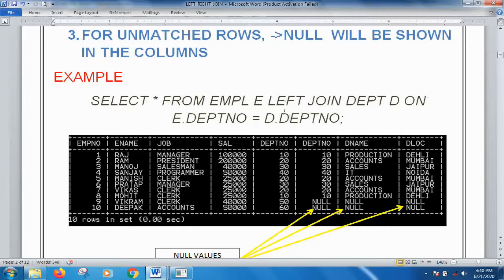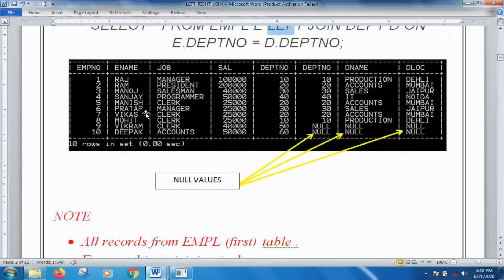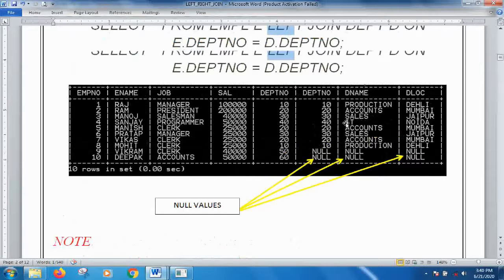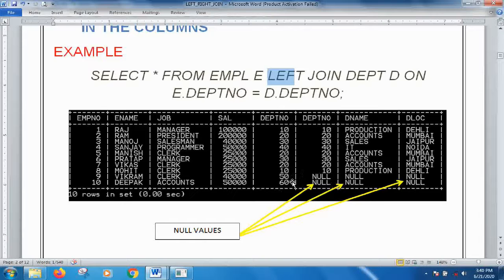Just put the word left in between and join, and then see how the results will appear. You see all the records from table 1 will come in the output, and for those which get the join, the values are shown from the department table. But for those where there is no joining, for example departments 50 and 60 are not in the department table, it is not available, and for that it is showing a null value.